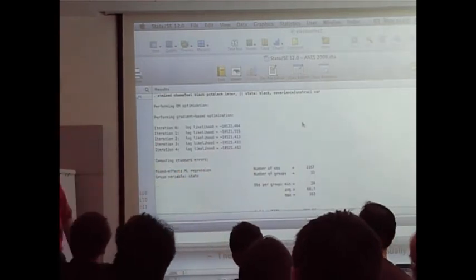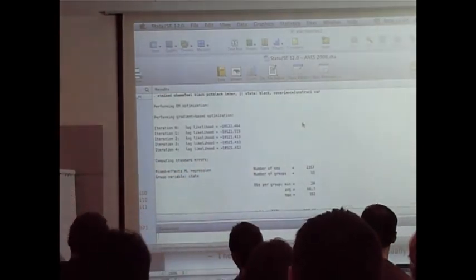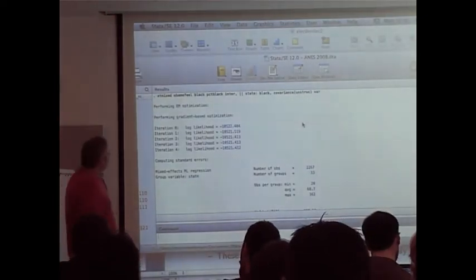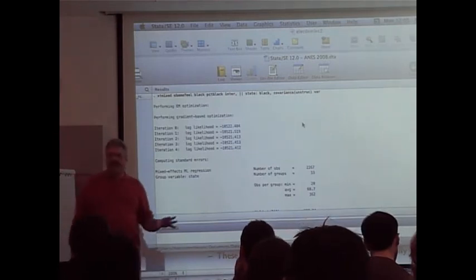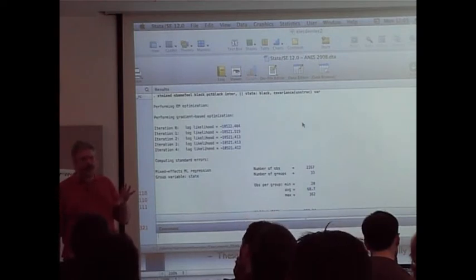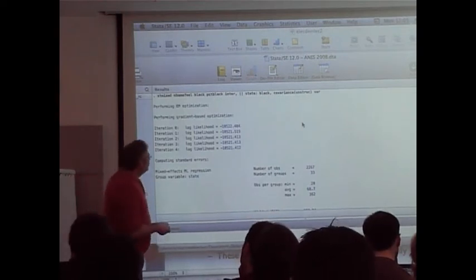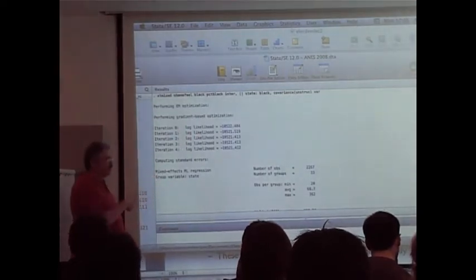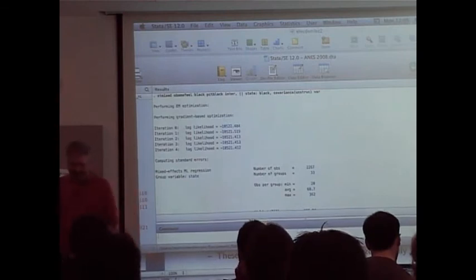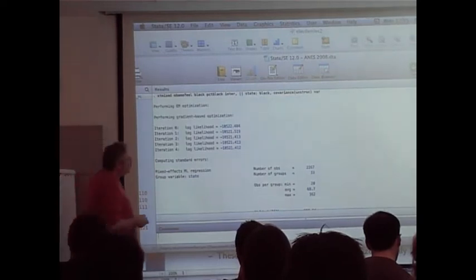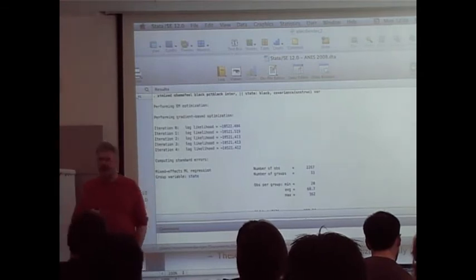You start with some starting values, so your initial guesses of the fixed effects and variance components. The chances are that you haven't picked those so fortunately that you already have reached the maximum of the likelihood. So then you need to update it, and each of these steps is an update. It's called an iteration, an update of the values. And what you'd like to see is that it doesn't take an awful long time to get to the final